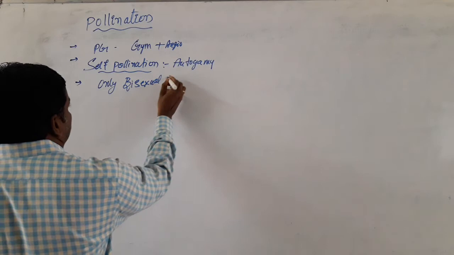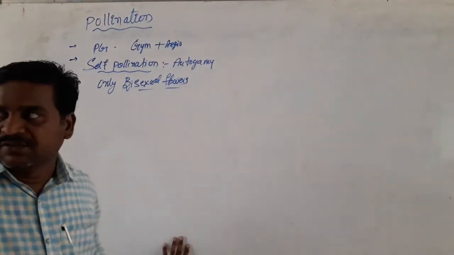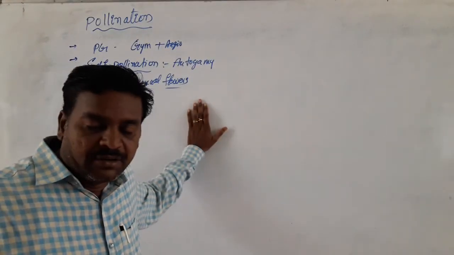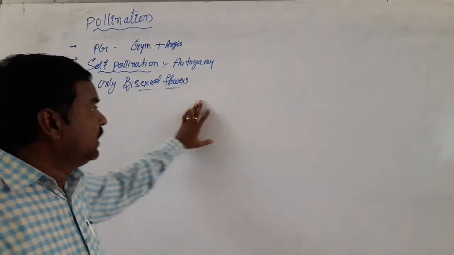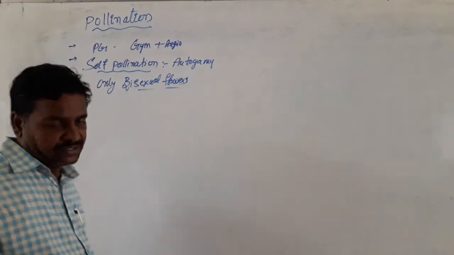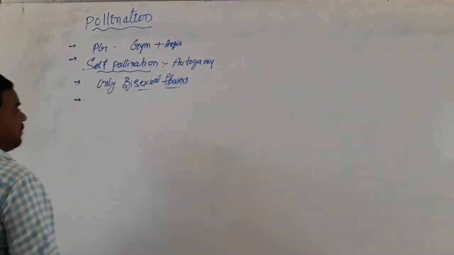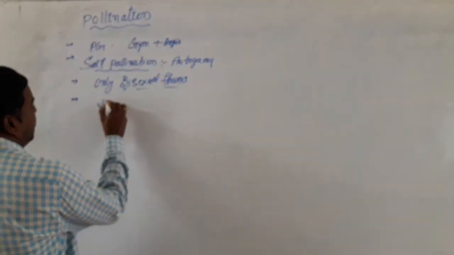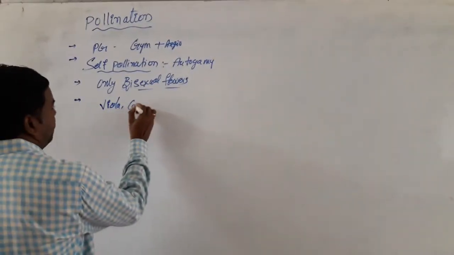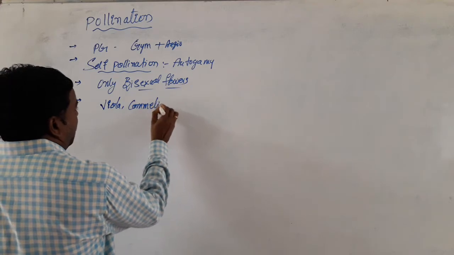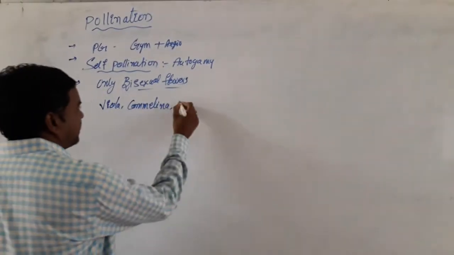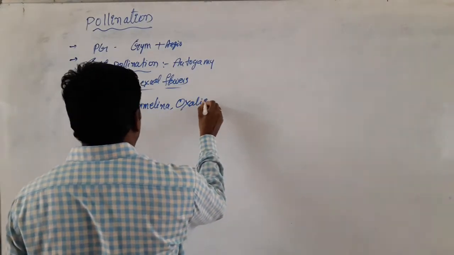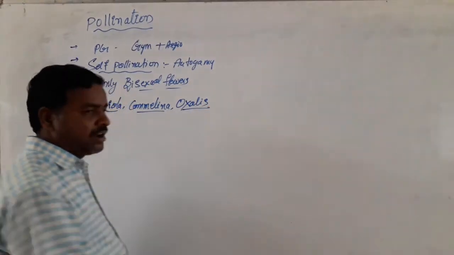Self-pollination takes place only in bisexual flowers, and it does not occur in case of unisexual flowers. Students, in some plants, for example, viola, commelina, and oxalis,